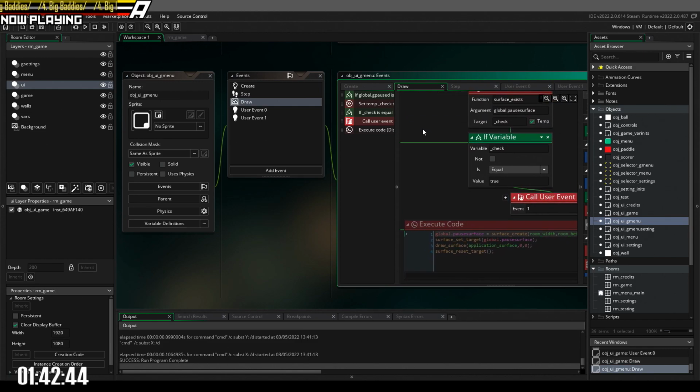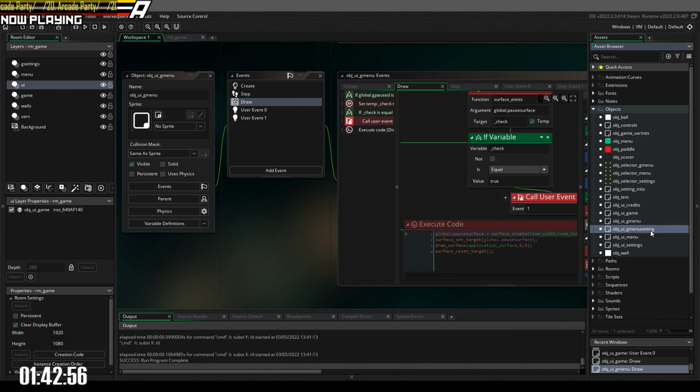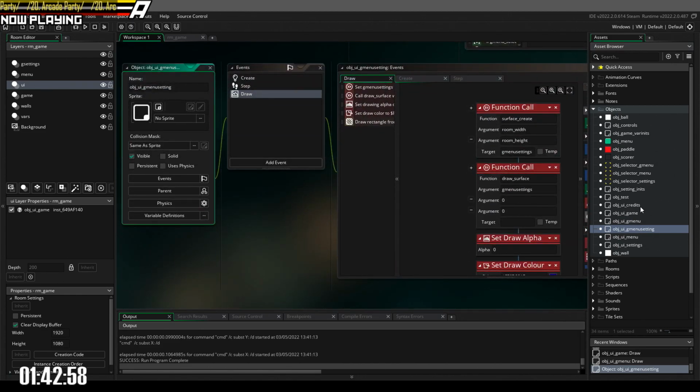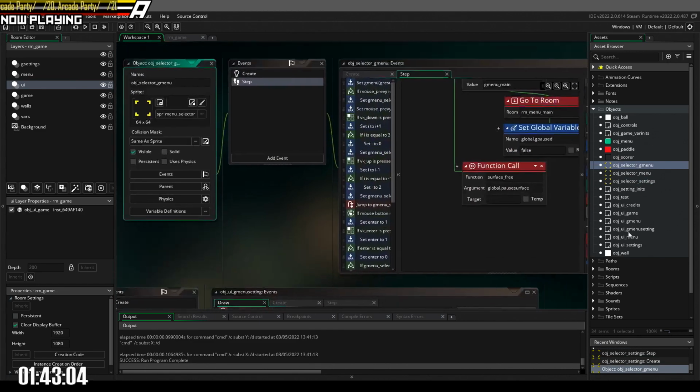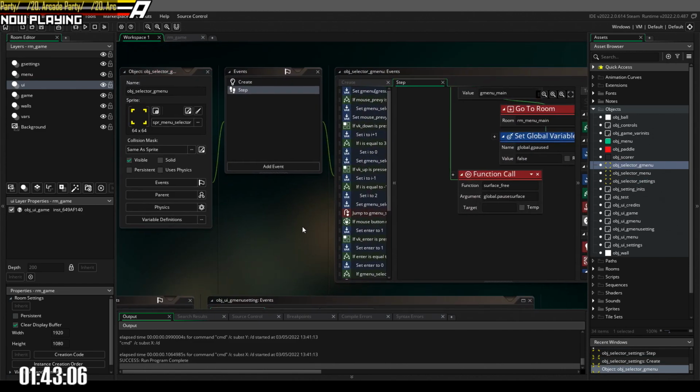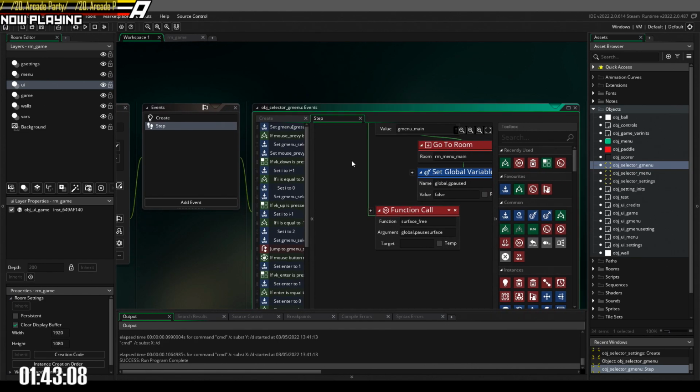Again. Oh god. Okay, I was looking at menu setting, or rather I was looking at selector settings. No, this is selector for settings. I want G menu. Okay, so